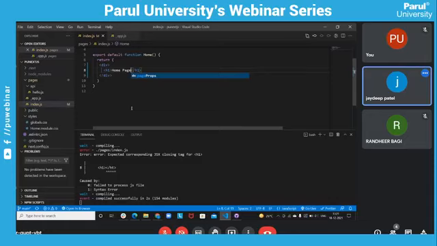Now suppose we have five blogs: blog 1, blog 2, blog 3, blog 4, and blog 5. How do we create that? Nothing, just create blog1.js. Second is blog2.js. Third file is blog3.js. I close all the files.